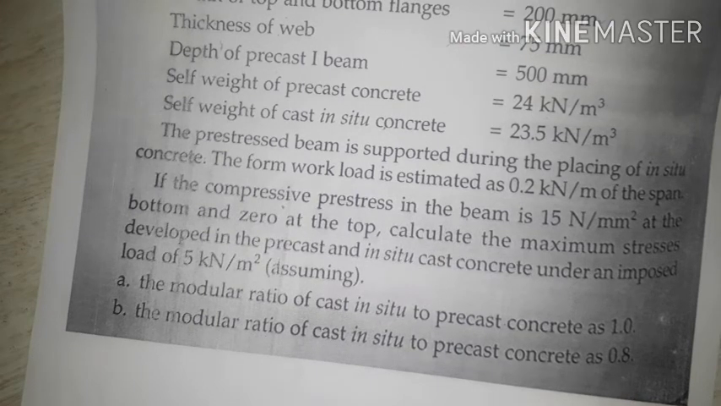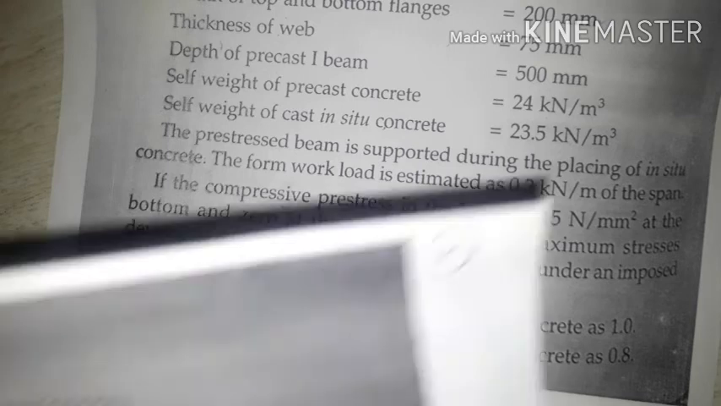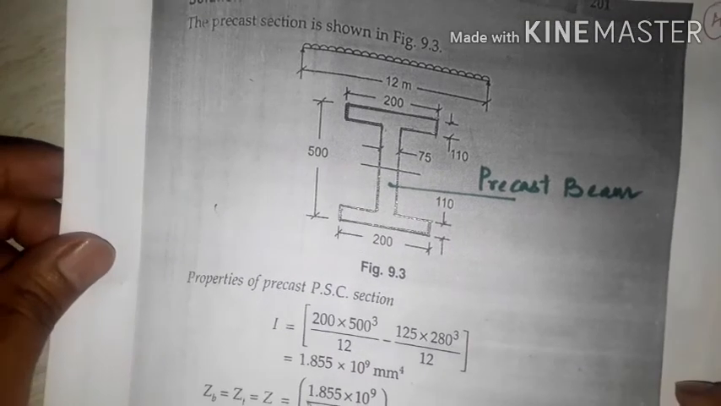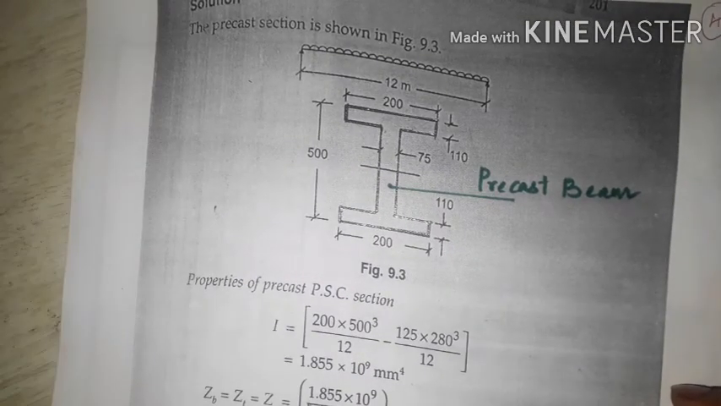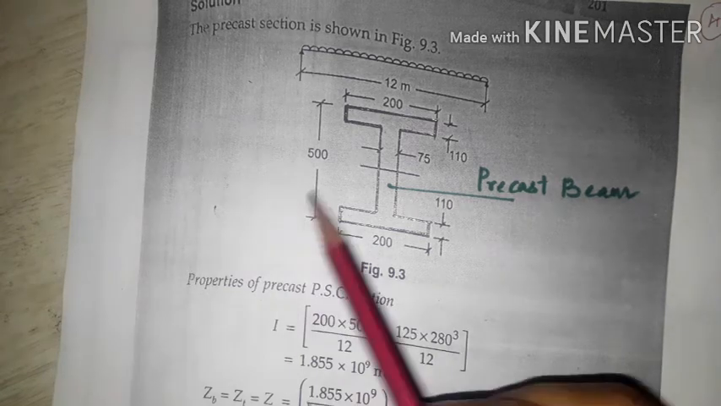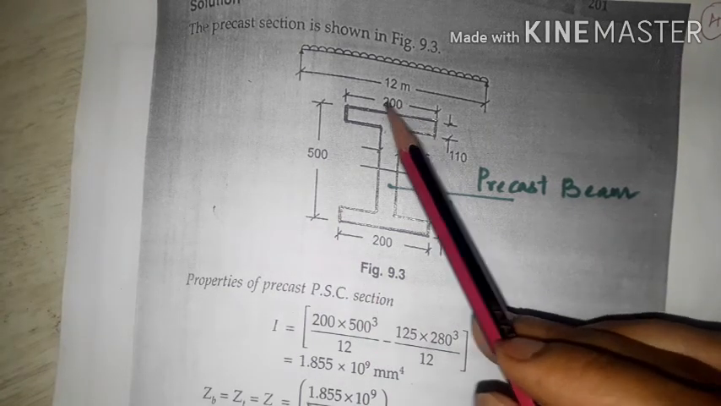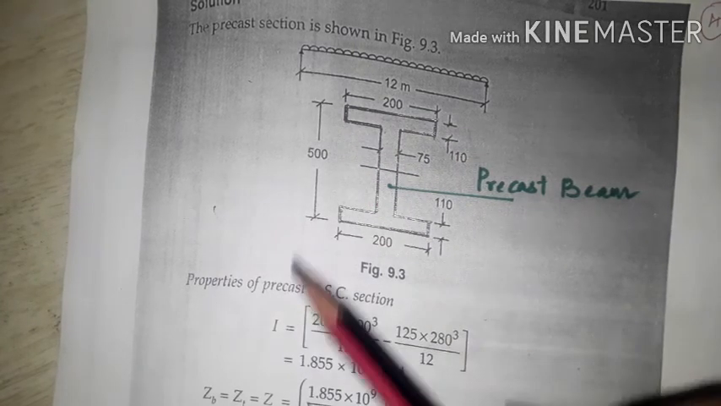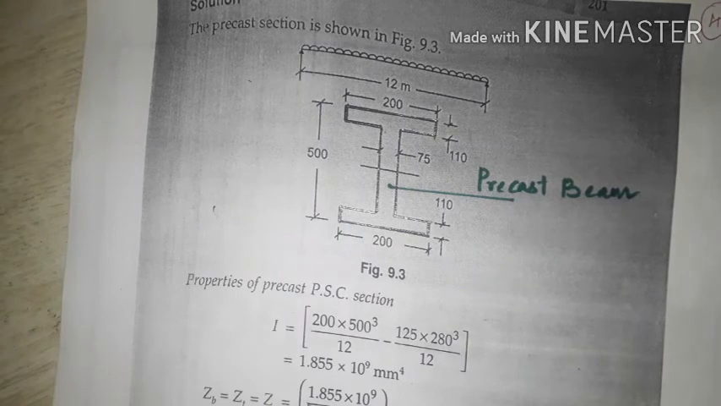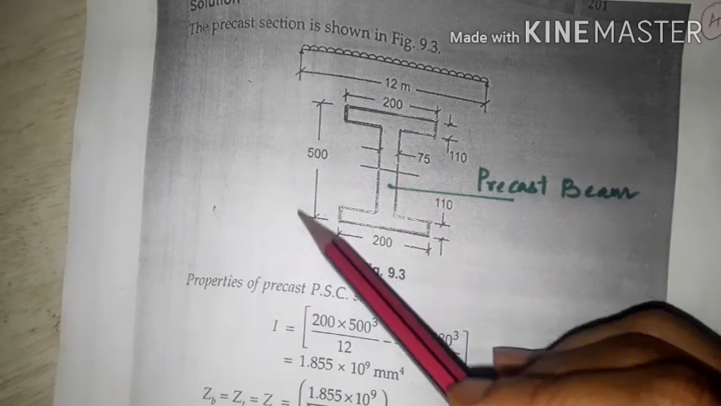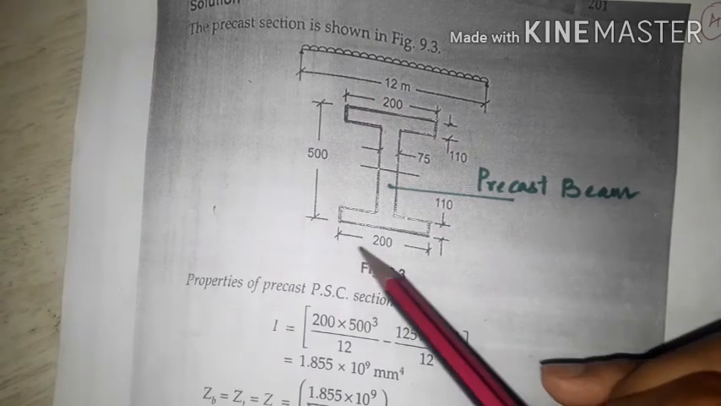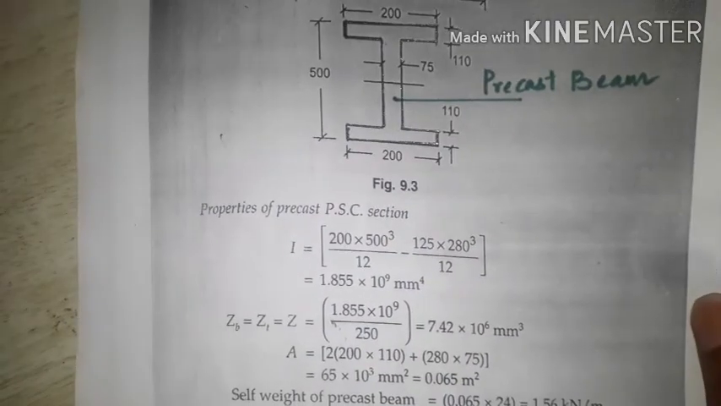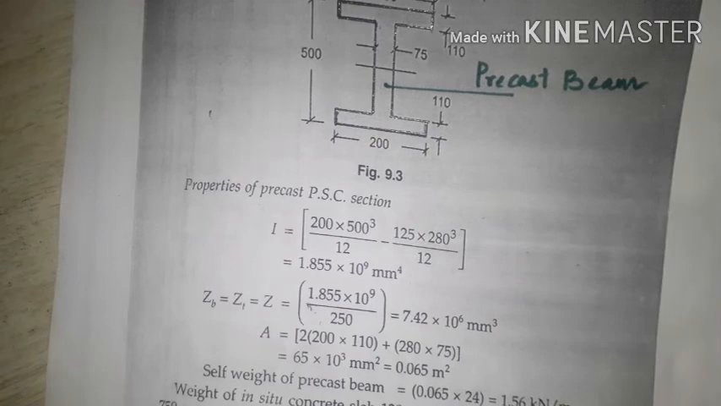Then you can see here, it is an I section with flange size 200 mm by 110 mm, the web thickness is 75 mm, and it is 500 mm in depth. So again it's a precast beam without a cast in situ slab. So we have to find out the properties again here. Okay, so the properties of the precast PSC section are